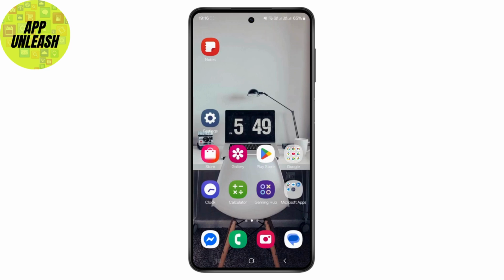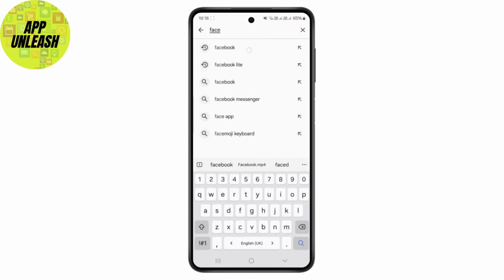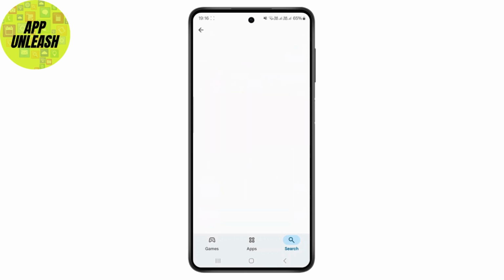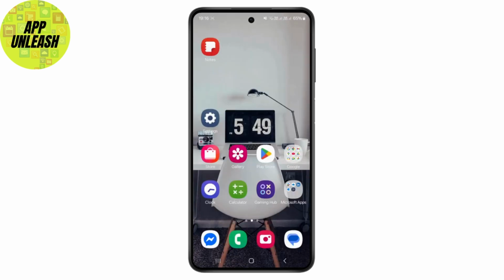Simply head over to Play Store and search for Facebook. Once you search for Facebook, make sure your app is up to date with its latest update. Once you confirm that as well, the third step is